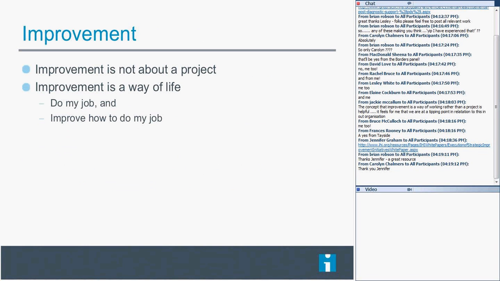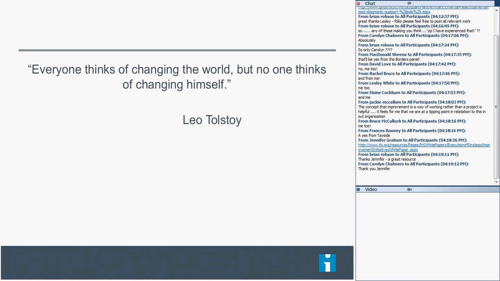There, I'm sure, are many other opportunities for improvement, but there isn't the culture, the lifestyle, the opportunities for somebody to constantly be looking for ways to improve. So ultimately, when we think of improvement, we think of it as a way of life. Then individuals who work in an organization, who work in any healthcare setting, ought to always be thinking, my job is to do my job, and my job is always to find ways to improve how I do my job, because we can always find better ways.